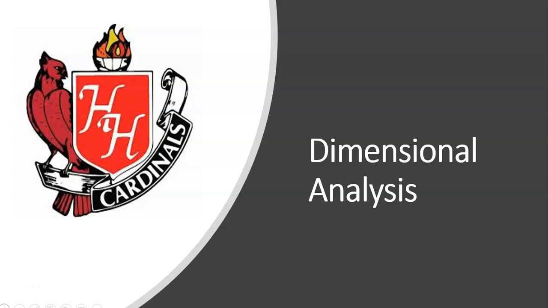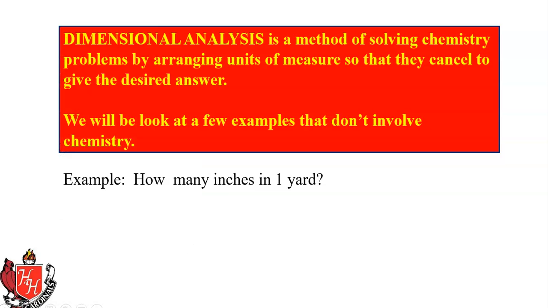Okay, AP Chemistry class. This is a lesson for Tuesday, September the 17th, and for that evening, and it's on dimensional analysis. We're going to be talking about this in class tomorrow. Okay, so what is dimensional analysis? Dimensional analysis is a method of solving chemistry problems by arranging the units of measurement so they cancel to give the desired answer. So the easiest way to understand that is just to look at some examples and see how